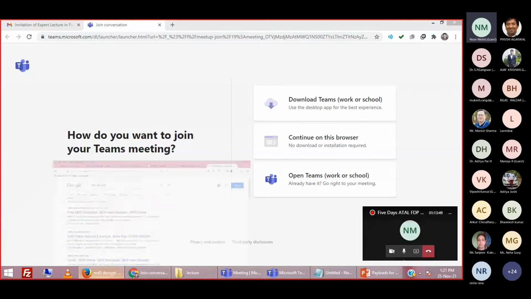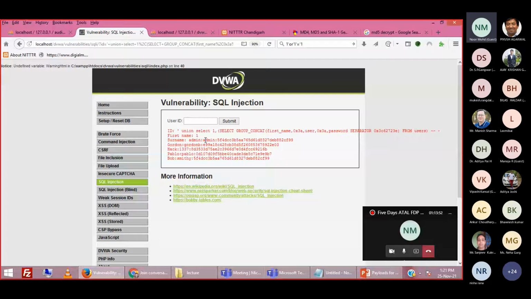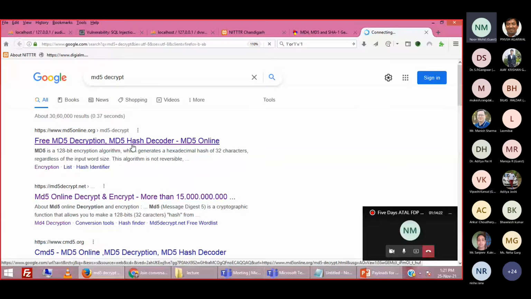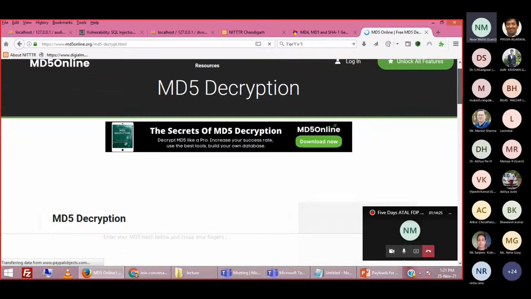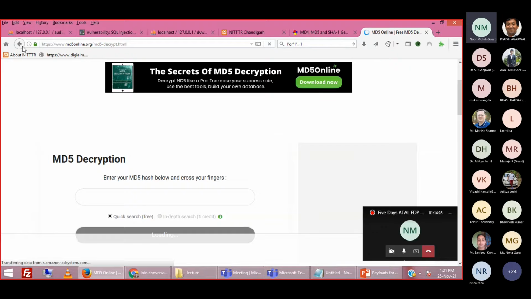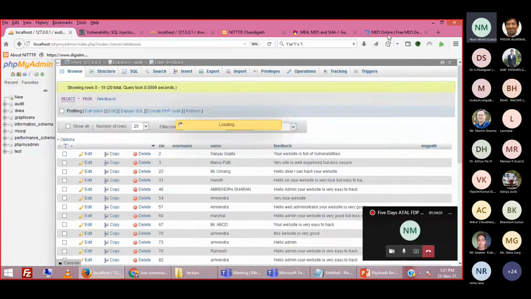Here we have just extracted the username and the password in hashed format. I'm not interested in getting this hash. I'm interested in getting the plain text for this hash, so that I can get the password for all users. The username is in plain text, but I want the password in plain text so that I can log into anyone's profile. So I'm going to copy this hashed code. There are some websites which facilitate decryption of MD5. Let me check if any website can decrypt this message.